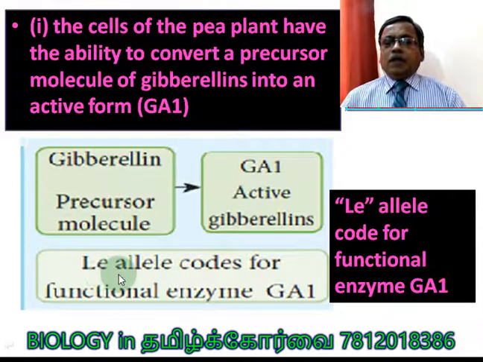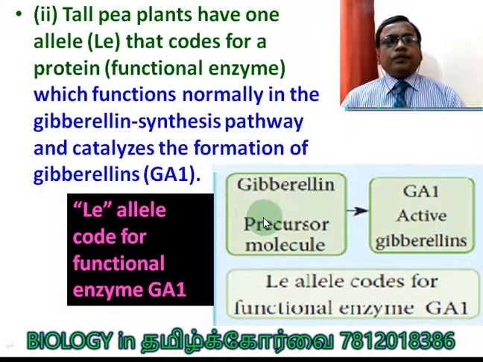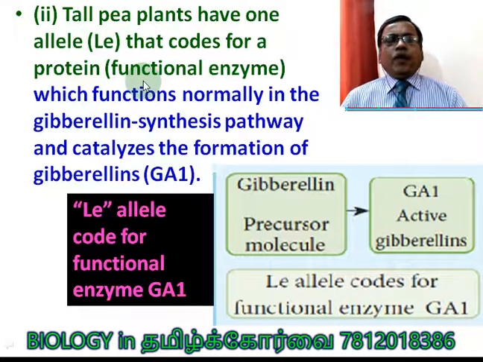The Le allele, capital L small e, codes for the functional enzyme GA1, right? So this GA1 enzyme converts the gibberellin precursor molecule to active gibberellin. So the plant becomes tall. Tall pea plants, sorry, tall pea plants have one allele, capital L, small e, that codes for a protein, a functional enzyme. And you know very well,